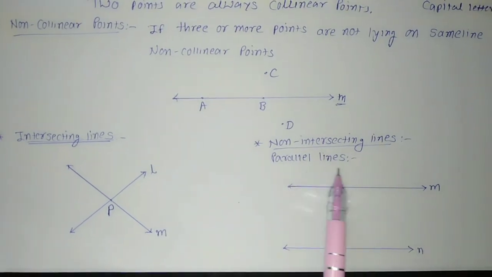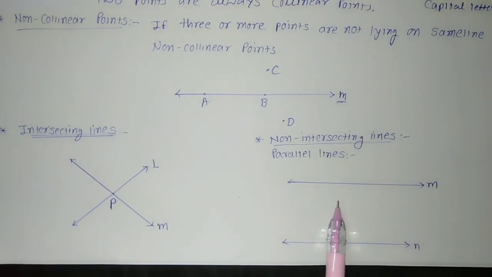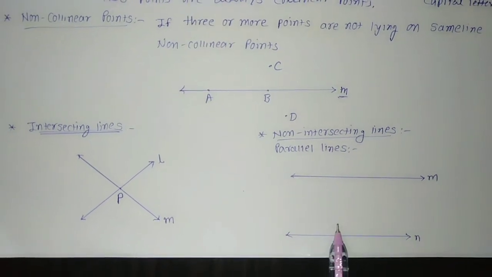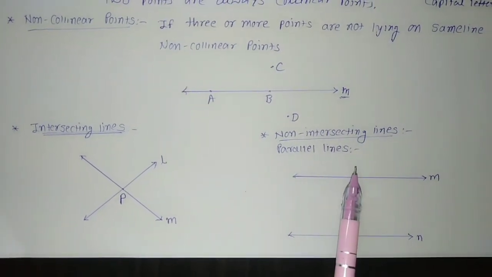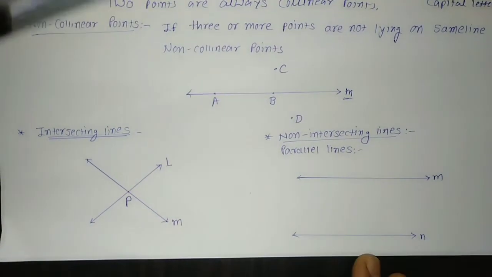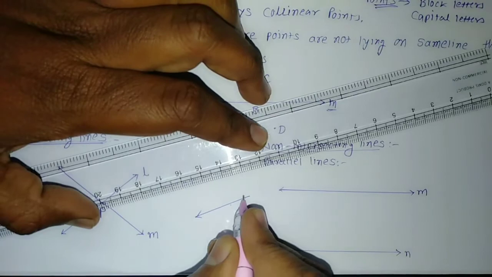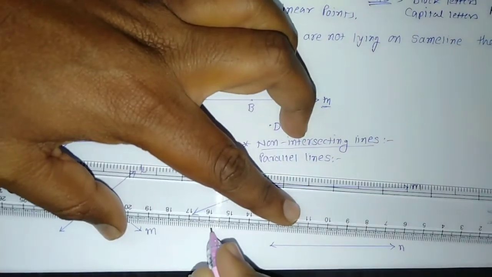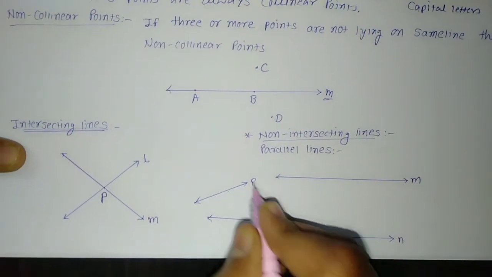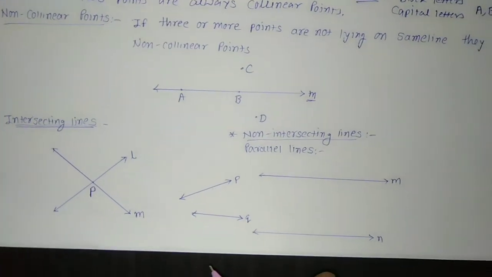And another is non-intersecting lines. What is the meaning of non-intersecting lines? Non-intersecting lines means those lines which are parallel to each other, like a railway track. They are never going to meet each other. In that case, those lines are considered non-intersecting lines. Sometimes it comes to students' minds, let me show you, that they draw one line like this and another line like this, this is line P and this is line Q, and they say that these two lines are non-intersecting lines, but it is wrong.